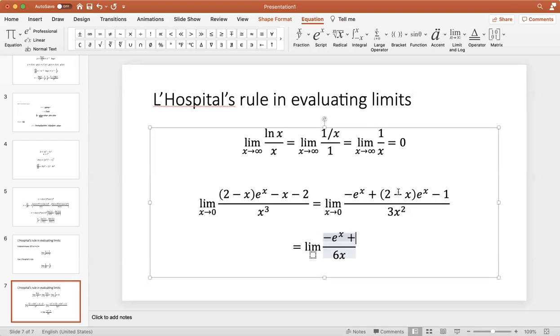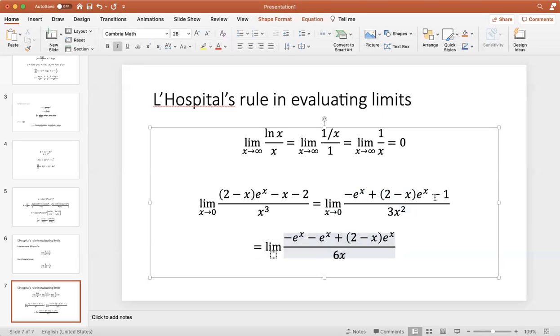So you'll have negative e to the x, you have e to the x plus 2 minus x e to the x over 6x,